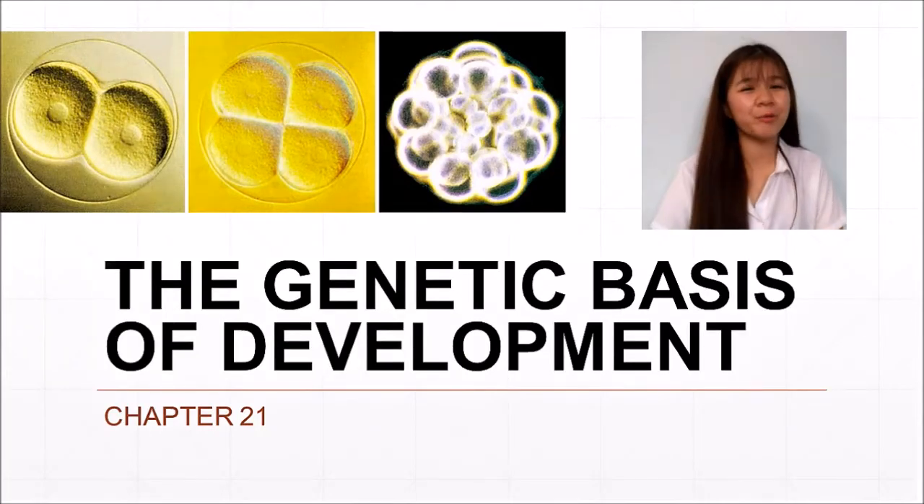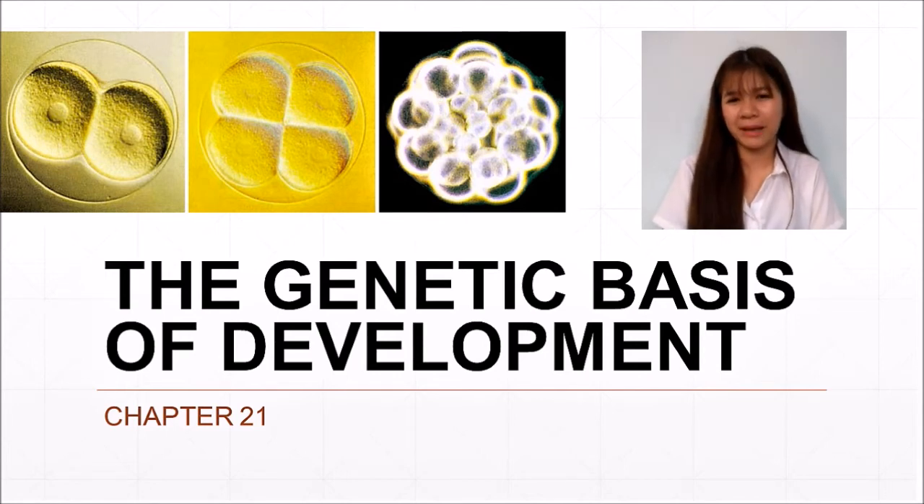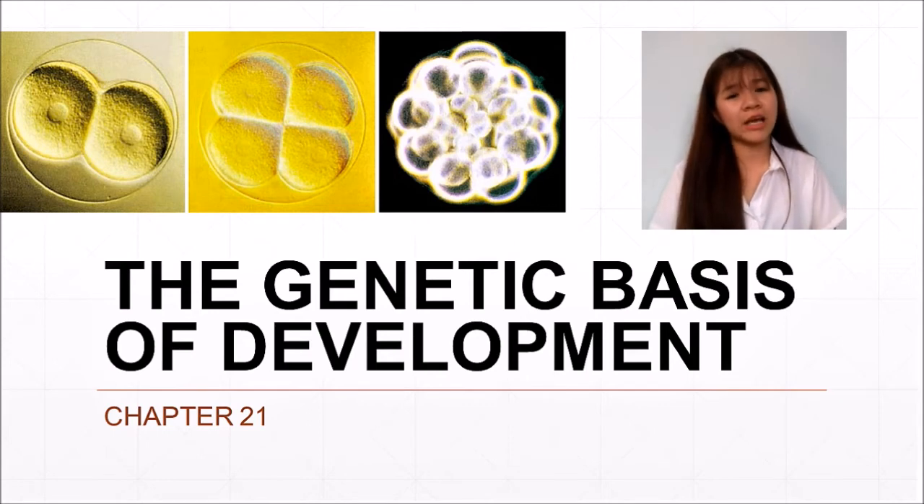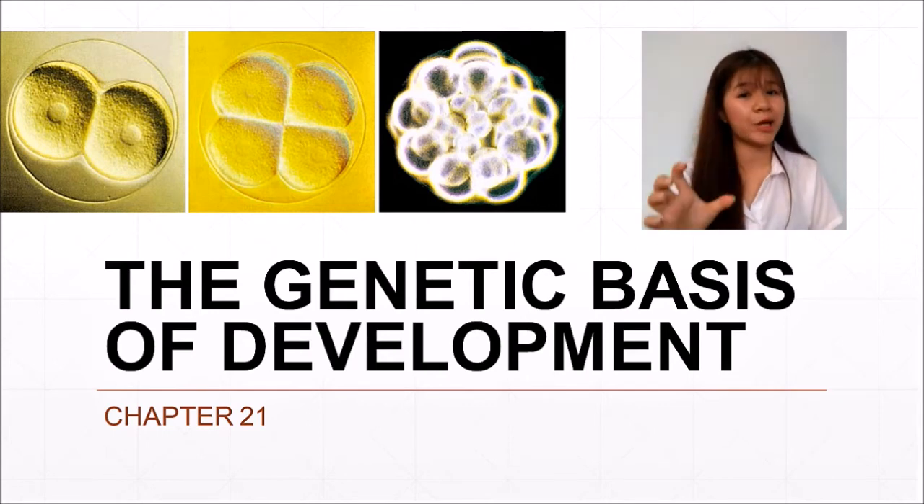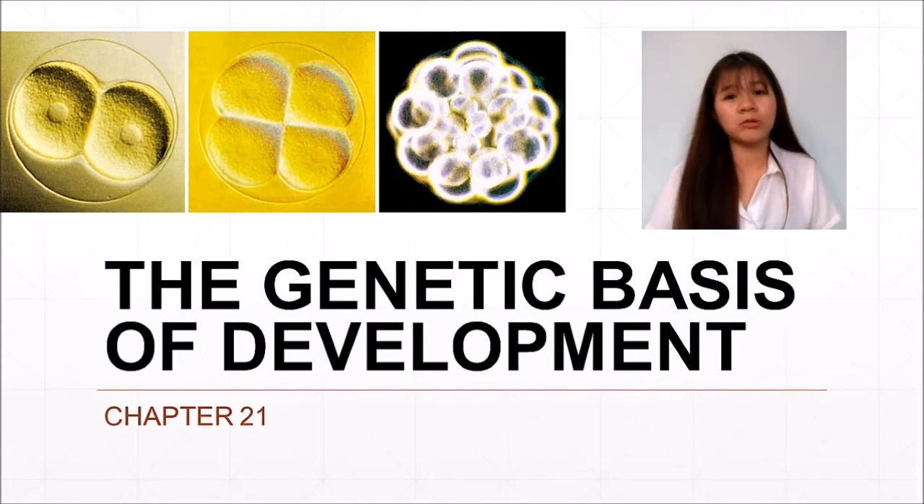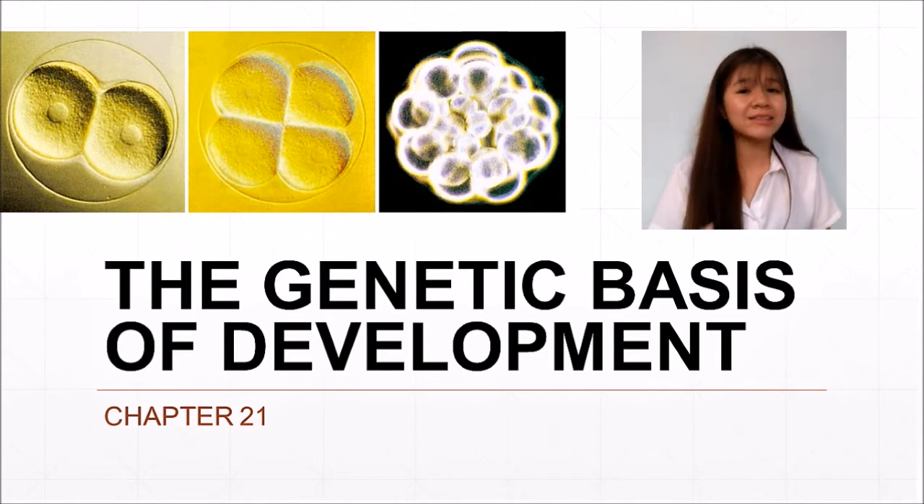So hello everyone, welcome. This time we're going to talk about chapter 24, the genetic basis of development. Basically, what we are trying to see here is how an organism from a zygote after fertilization turns into a complex individual or its adult stage. We will also try to look into how cells know how to rearrange and how to become what they are